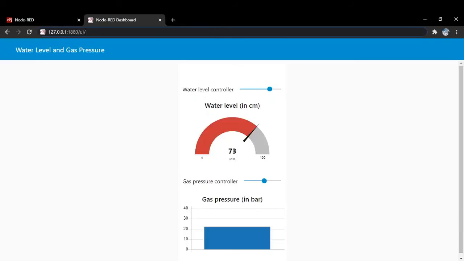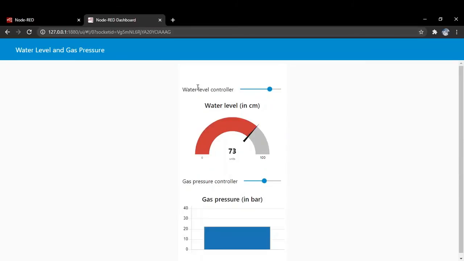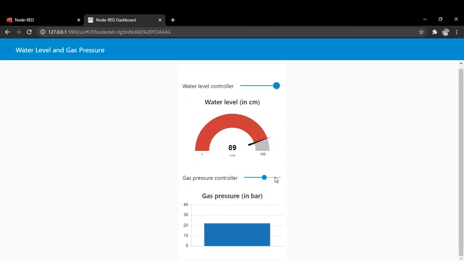Now I have opened another tab and typed in the following address and then pressed the enter key. Now we can control the water level in this manner as well as the gas pressure.